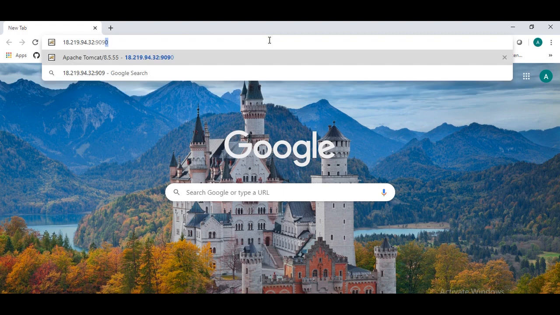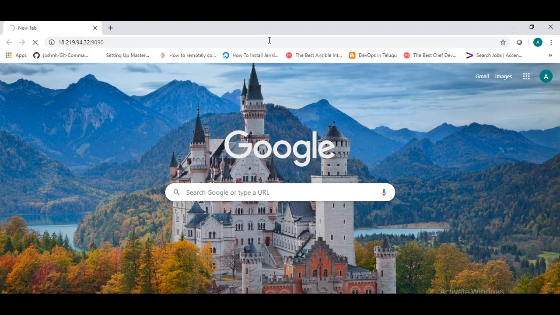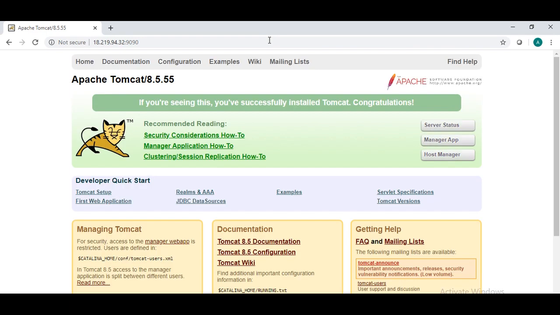So we need to get the home page of the Tomcat server. So it is started. Wow. Apache Tomcat version 8.5.55. So this is the process to create an image using a Dockerfile.